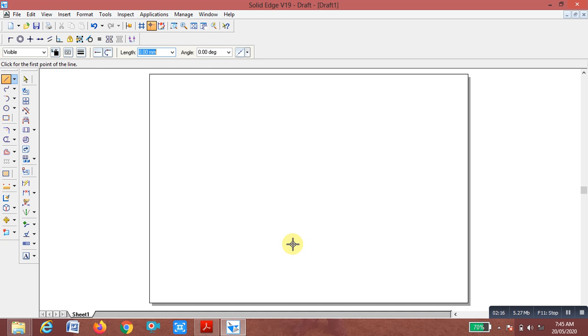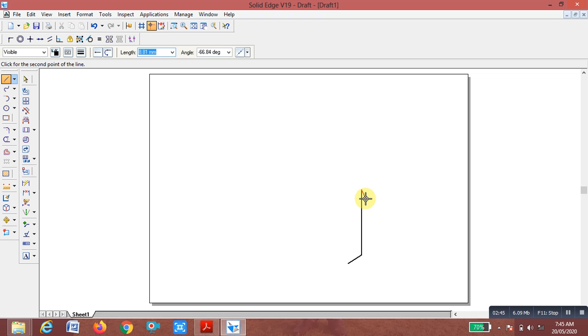I am going to draw these two solids separately. Here the width is 15 mm, so 15, enter, at an angle of 30 degrees, enter. Then the height is 60, enter, 90, enter. A vertical line we always show at 90 degrees.